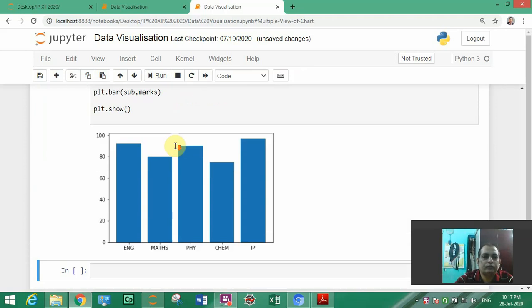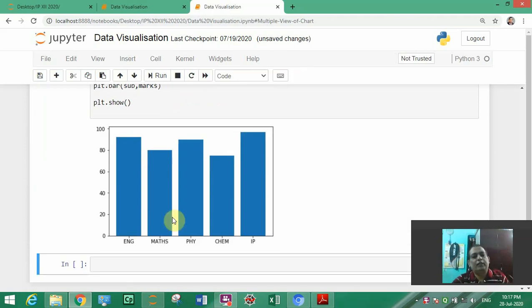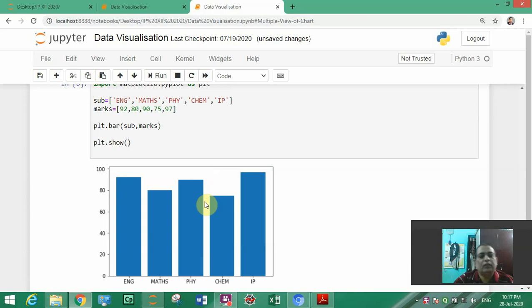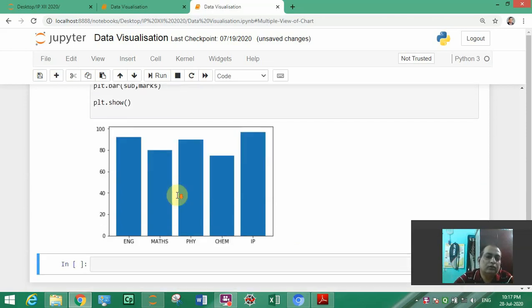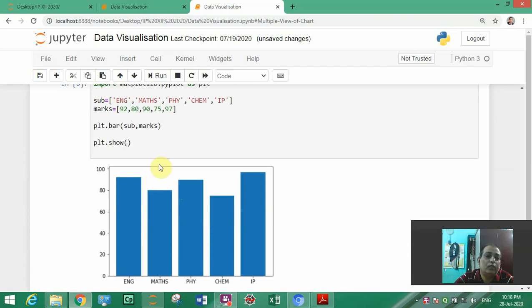So here graph has x-axis, y-axis, but again we are missing something, that is called what? Title, X label, Y label. Earlier I told you that every graph has some common features, that is title and X label, Y label.